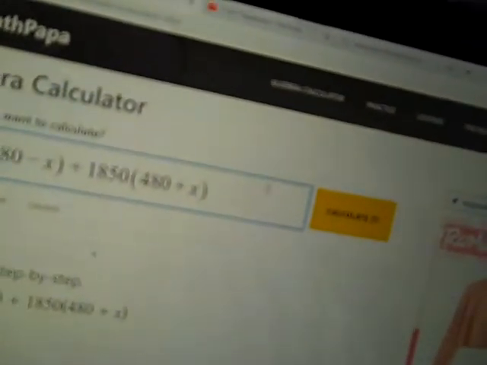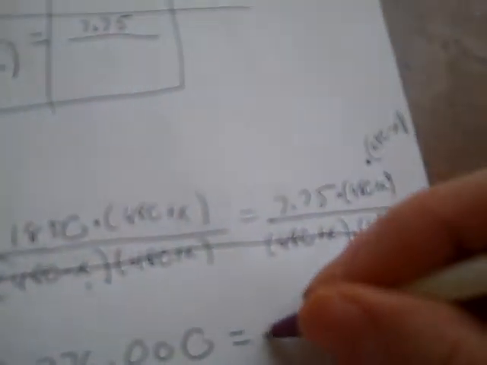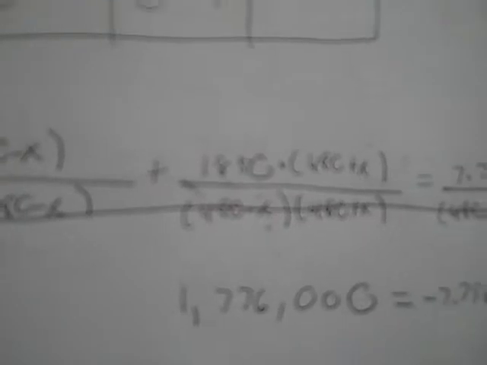Okay, now again, the other way, I take 7.75 parentheses 480 plus X, close the parentheses. And then another parentheses, 480 minus X, close that parentheses. Negative 7.75X to the power of 2 plus 1,785,600. Okay. Now, I know that looks kind of intimidating, but you have to remember, you have x squared, but